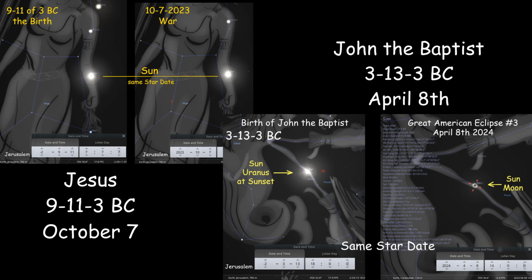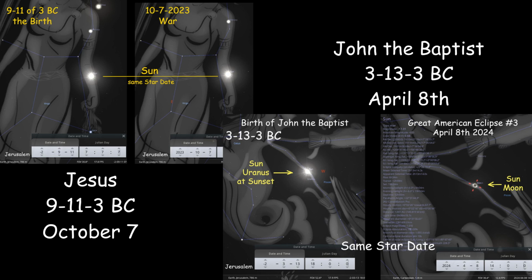If our backdrop of stars was totally frozen and hadn't moved at all since the time of Jesus, then these pictures would be the exact same dates. The sun is in the same spot on God's clock on these dates. But because of the precession, our current calendar has shifted by about 27 days. And that's how I get from Jesus' birth date of September 11th of 3 BC, and now falling on October 7th on our current calendars.